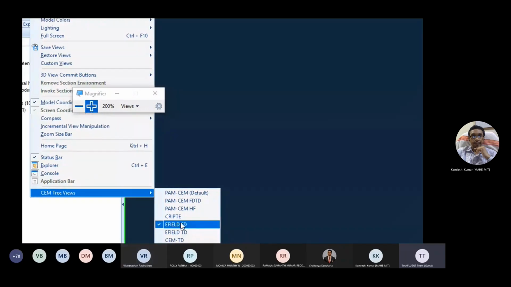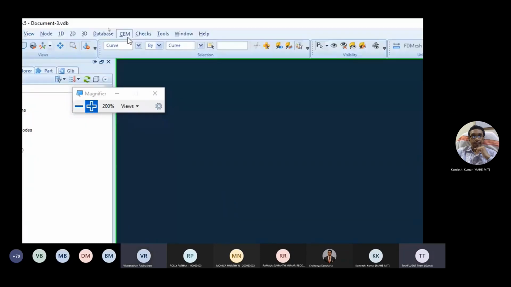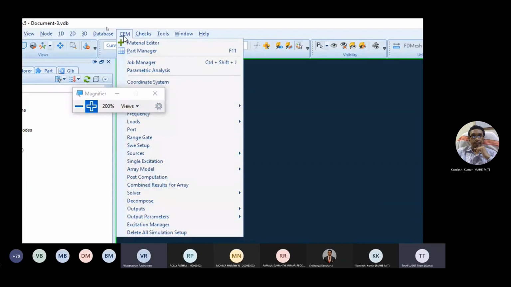If you are choosing any other methodology in a different project, next time you have to change it. By default, whatever you chose in the previous stage will be preserved. So this is okay. This is fine. Now, if I go for SEM,